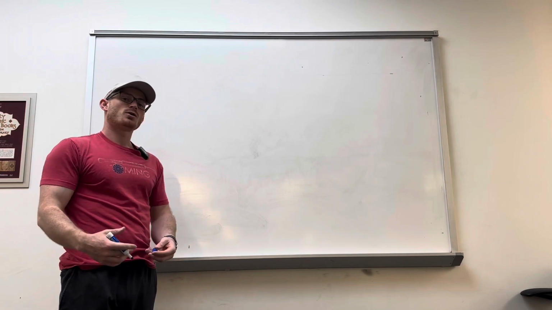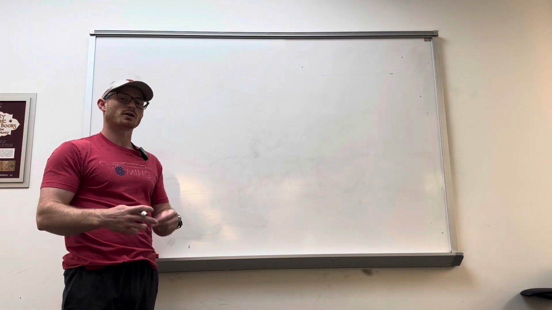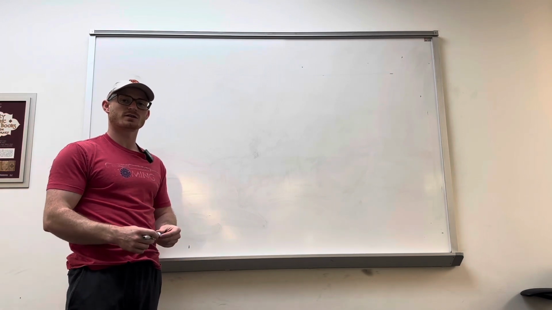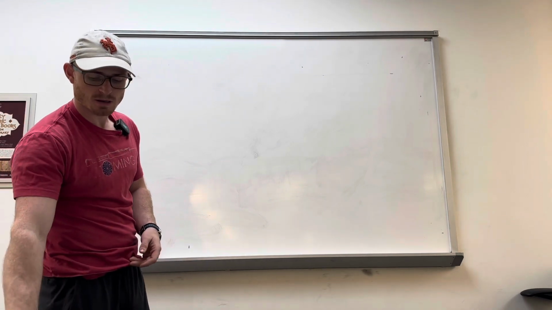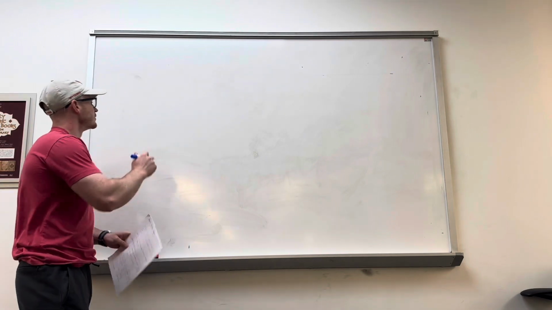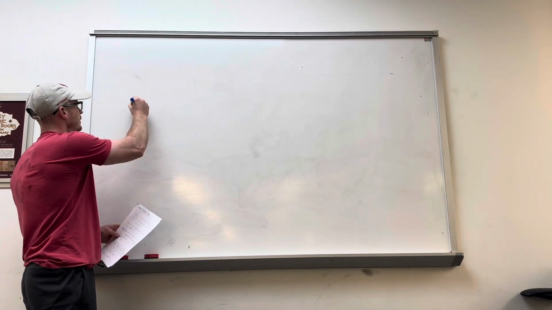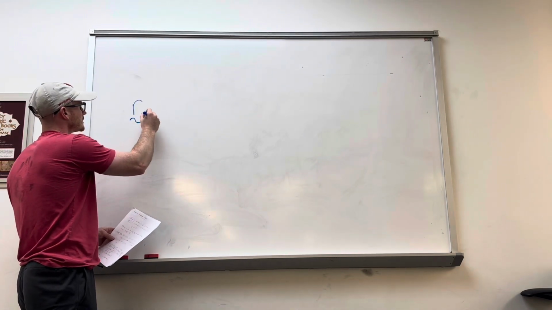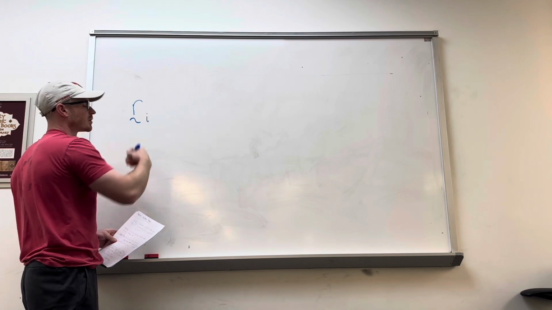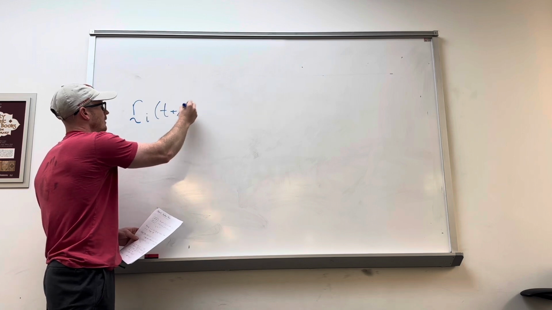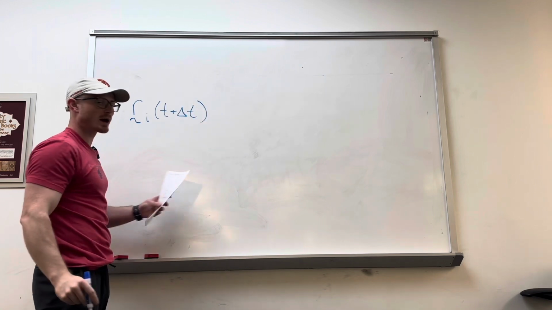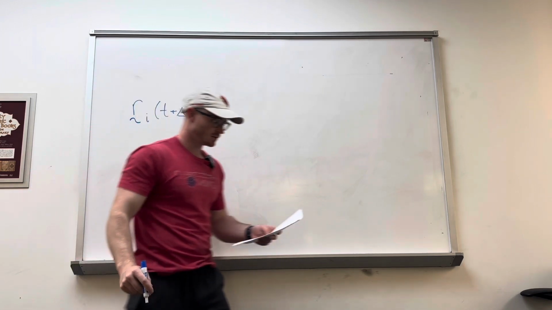So now that we know what quantities we're looking for, these updated positions and velocities, let's write out what we think this new quantity should be. And the way we're going to do this is with a Taylor expansion. So if we have some quantity r_i of t, and we want to know how it's evolved in time by some t plus delta t, remember we can write this as a Taylor expansion